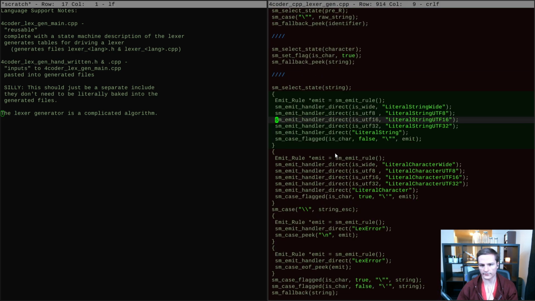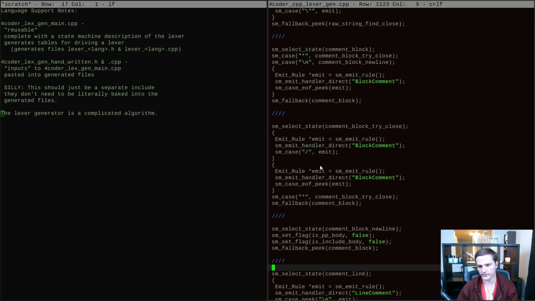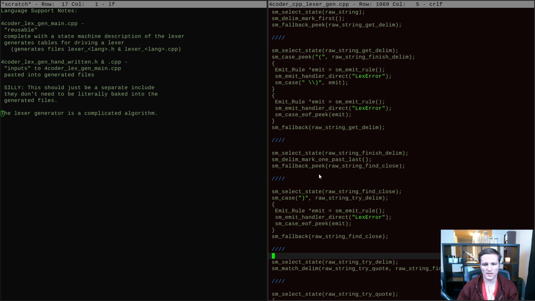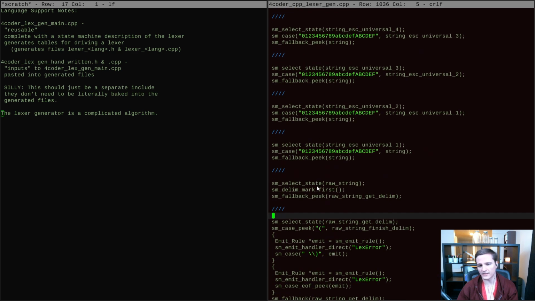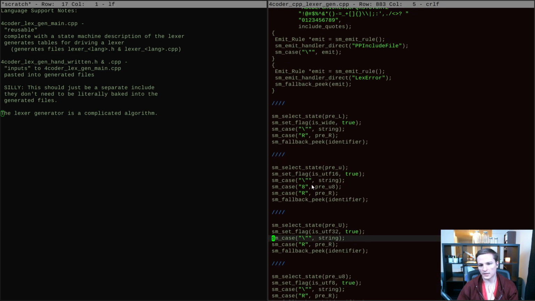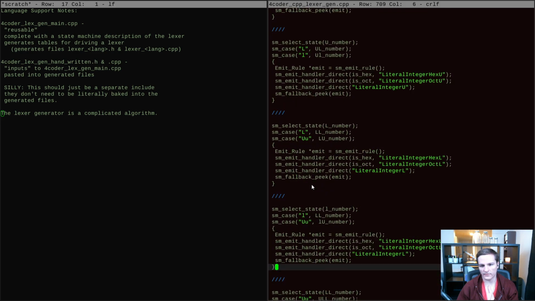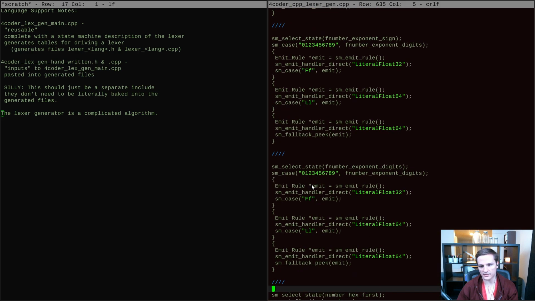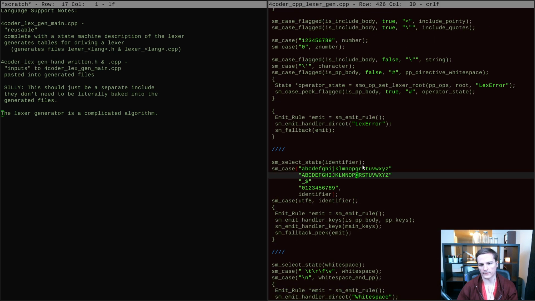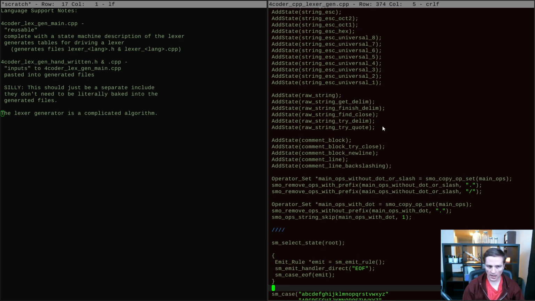This is not the worst part ever. If I'm just feeling it out, like if I had to figure out how I was going to describe a lexer to a generator, this wouldn't be a bad way to do it. It's a little nicer to write this than it is to write the handwritten lexer in some ways. I mean, debugging the handwritten lexer might be easier than debugging this for sure. But this is not a poor way. This feels like a nicely controlled way to author a lexer. So maybe not the worst part of 4coder ever. At least not the interface to this. The lexer generator is still complicated. But,